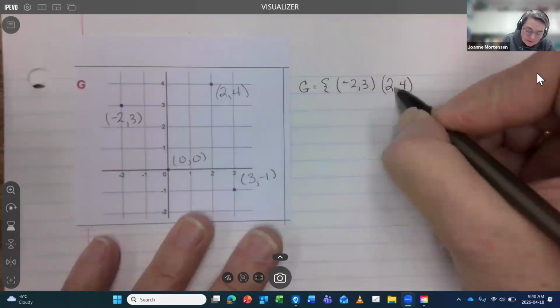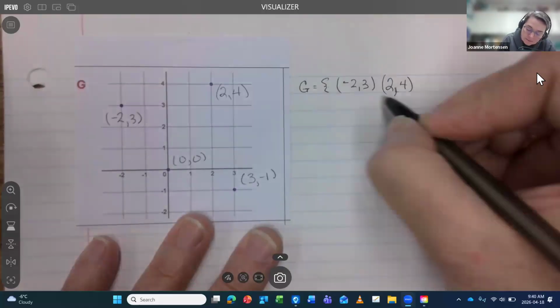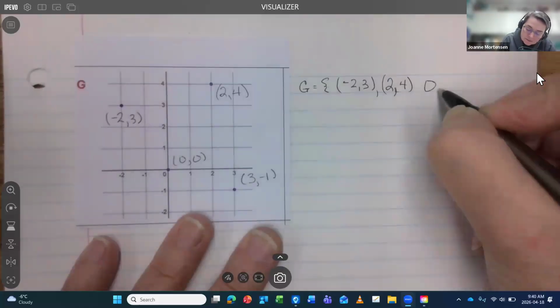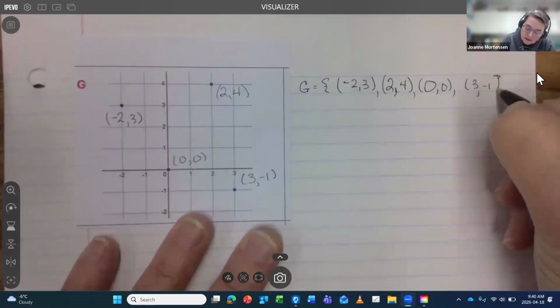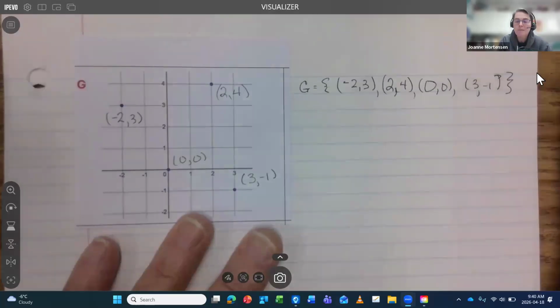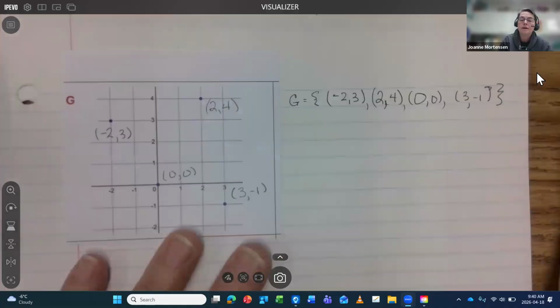That's a comma. There should be a comma there. 0, comma 0. And 3, comma minus 1. Close that. Brackets. Okay. So